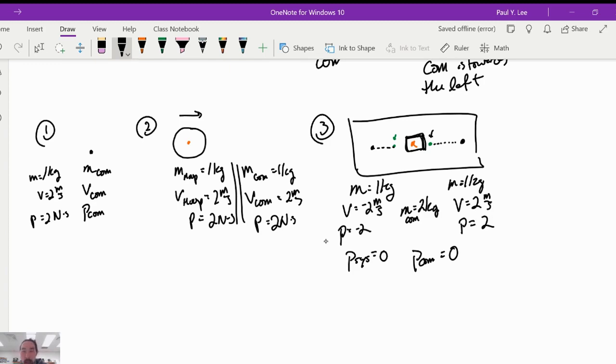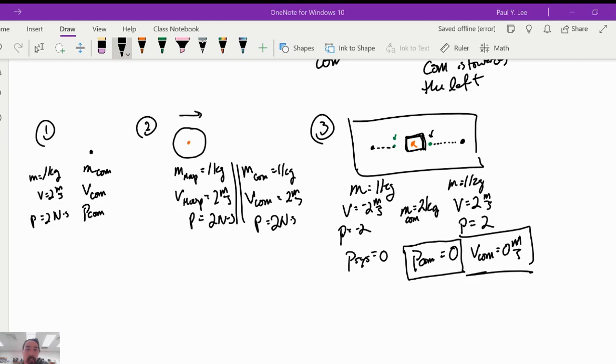So because the center of mass did not move, we can also say that the system's center of mass momentum is also 0, which means that the velocity of the center of mass is also going to be 0. The center of mass does not move. And we'll take a look at an example problem for that as well. All right, and so that's the big ideas behind it. And we'll take a look at different scenarios and some advanced scenarios that you will need to know for this unit. So let's go ahead and take a look at a couple of simulations